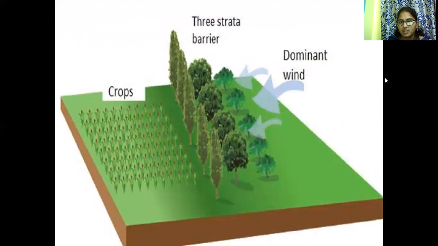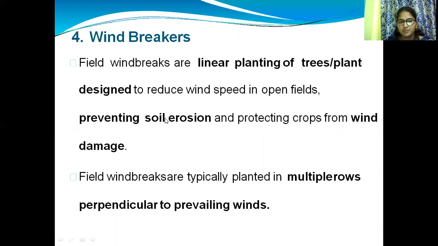Height-wise, they face the dominant wind, preventing soil erosion and protecting crops from wind damage. Field windbreakers are typically planted in multiple rows perpendicular to the prevailing winds.